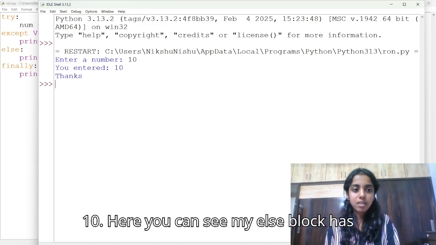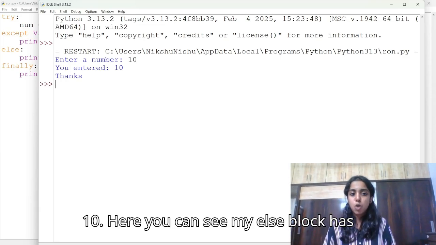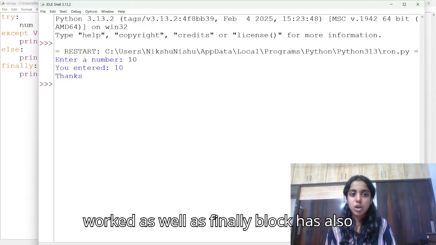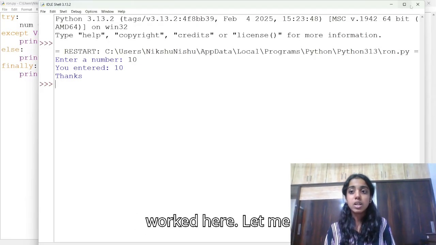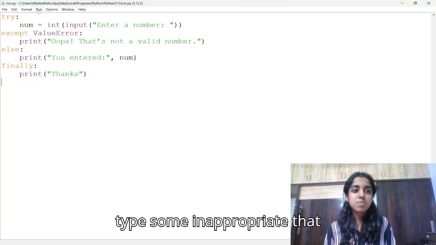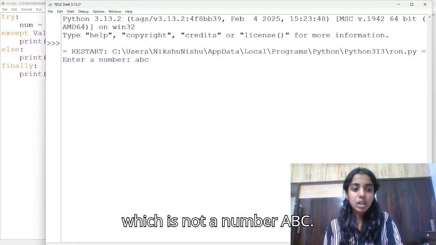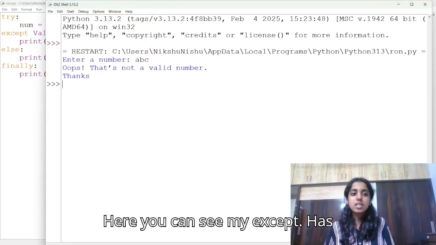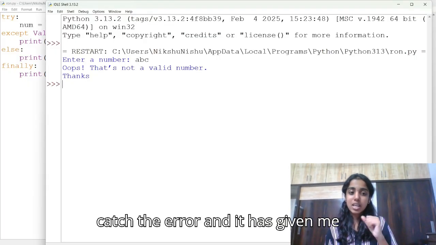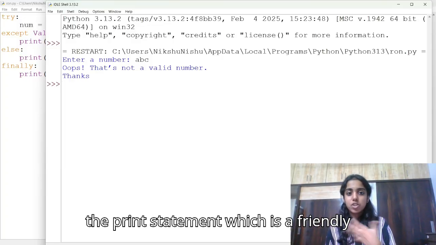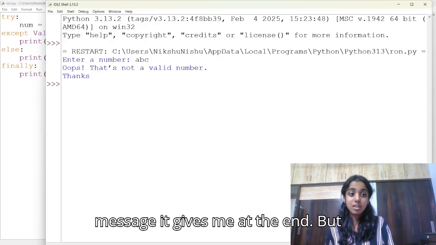Let me enter 10. Here you can see my else block has worked as well as the finally block. Let me type something inappropriate, which is not a number, ABC. Here you can see my except has caught the error and it has given me the print statement, which is a friendly message it gives me at the end.